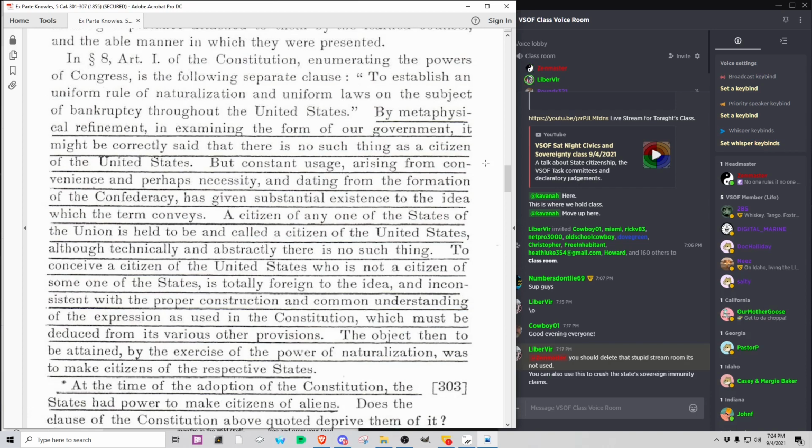Oh, I'm sorry. I just want to point out real quick that you can also use this case to destroy the concept of state sovereign immunity. Well, the other thing about destroying state sovereign immunity is there are a couple court cases which a friend of mine found that specifically that the states, particularly the state courts, when the state courts try to do something that's outside, they're not a court, they're not proceeding according to the course of common law, and say the state courts do something that is a substantive attack or destruction of your rights, and you sue the state courts,